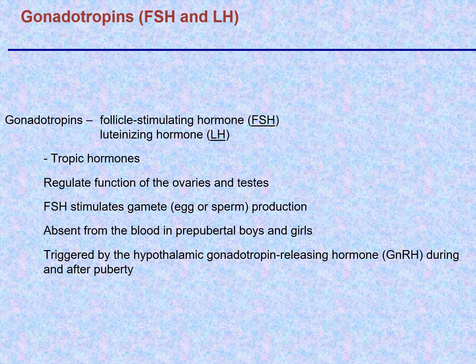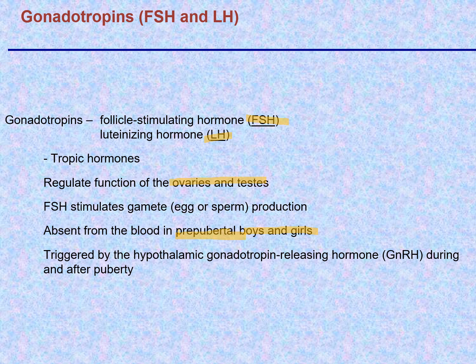The other two tropic hormones are follicle stimulating hormone, or FSH, and luteinizing hormone, LH. We'll talk about these a lot more when we talk about reproduction and pregnancy, but they regulate the activity of the ovaries and the testes. Follicle stimulating hormone will stimulate gamete production, eggs in females and sperm in males. It is absent in young boys and girls who have not gone through puberty yet,